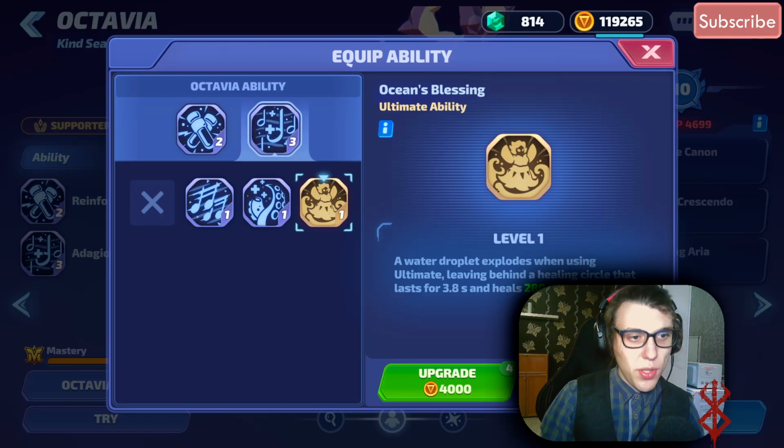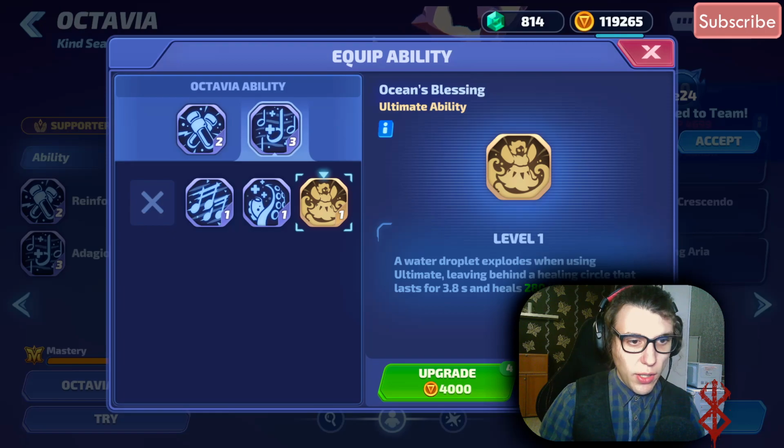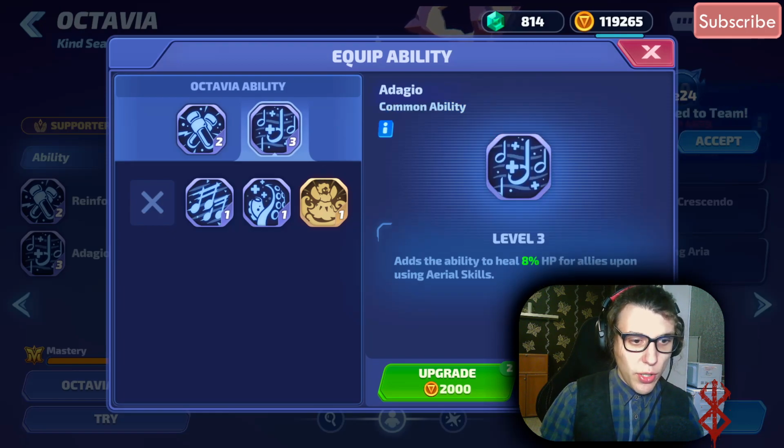That's all she is. She deals some damage, and you can push people away with your ground X skill, but your main idea is to heal. So what I would do is add the ability to heal 8%. Now when I first read this,